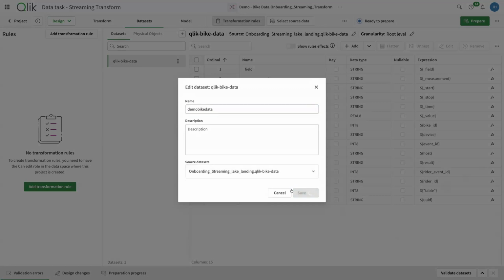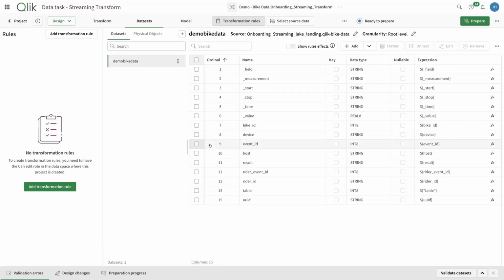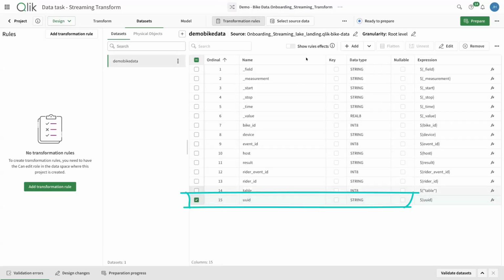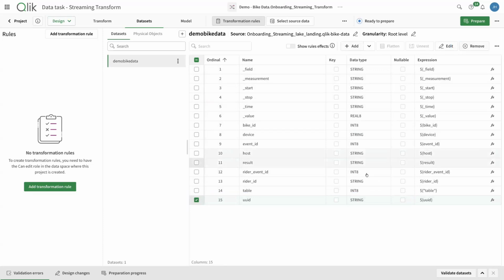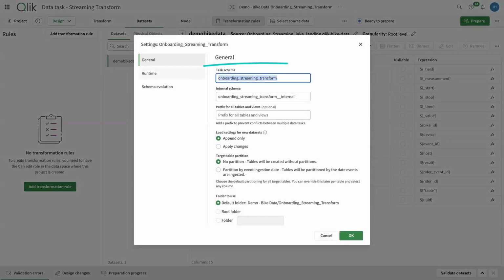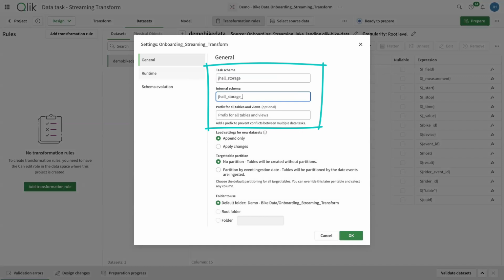Yeah. As a data engineer, sometimes we inherently know some things we want to do, right? Maybe I know I'm not going to need this UUID here, just select it and remove the field. Or you can change the data types of fields or perform transformations on the data. So let's assume we're given a stream. We're not sure the types of things we want to do to it. So let's just set up a basic pipeline and start to inspect some of the data. Okay. I'm going to change a few of the settings here. Within our Glue catalog, we can write to different databases and schemas, and I'm just going to redirect this data.